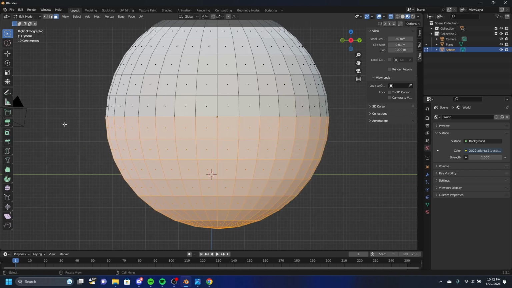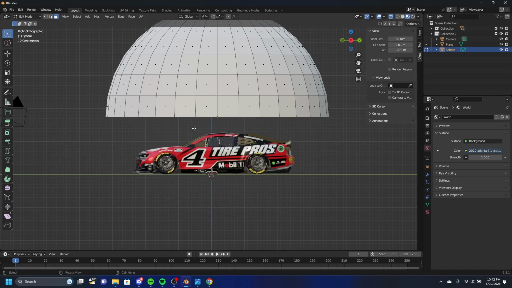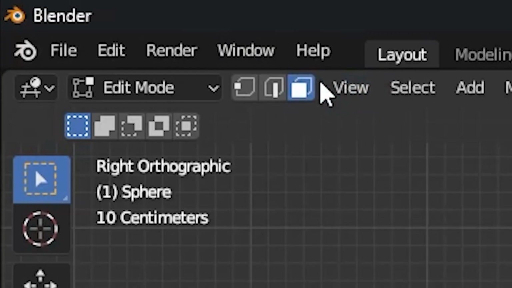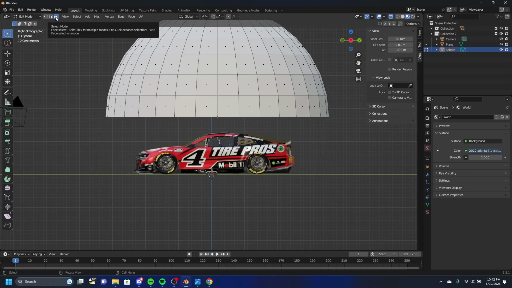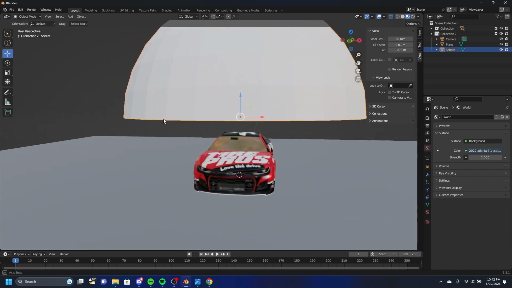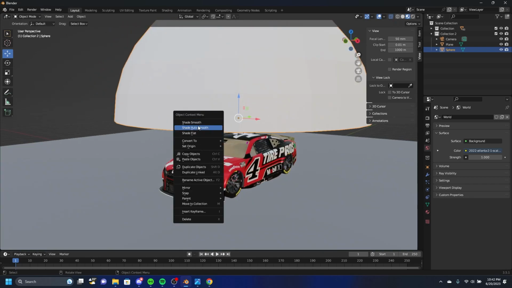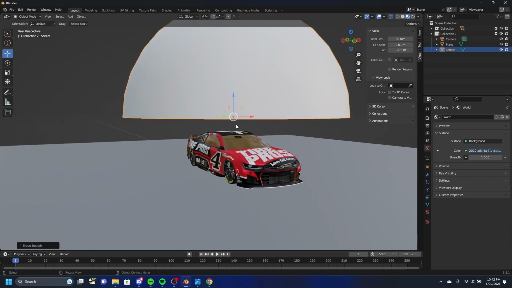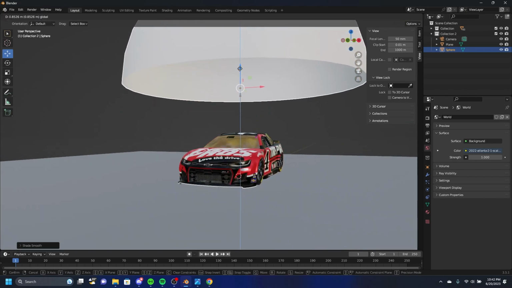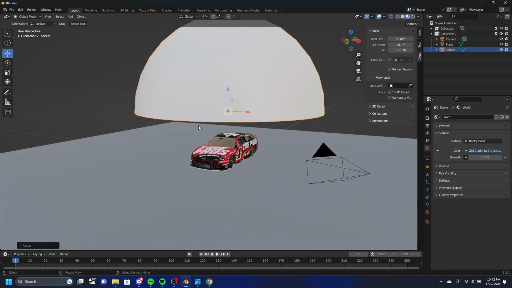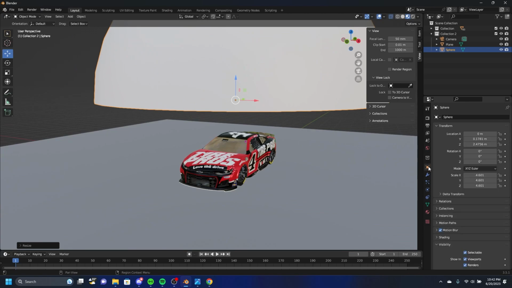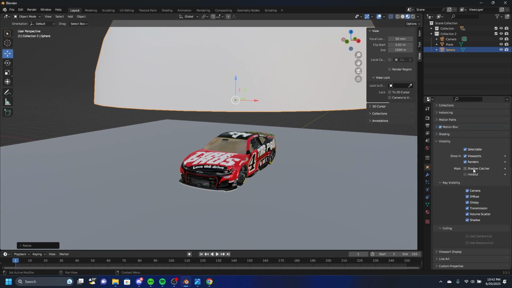Select the whole bottom half and make sure you delete the faces, just like that. Make sure you're also in the face select mode. So now you have a half sphere, shade it smooth. Doesn't really matter if you do or not. I'd raise it up a little bit and make it a little bit bigger. So for this one, you go to Object Properties and go down to Visibility, turn off the camera option,